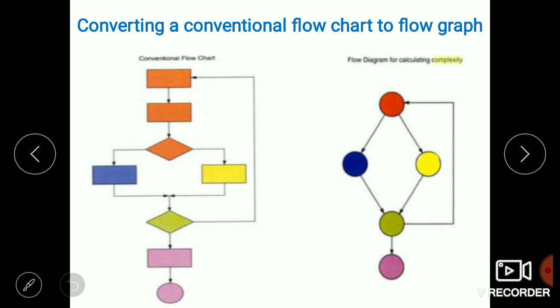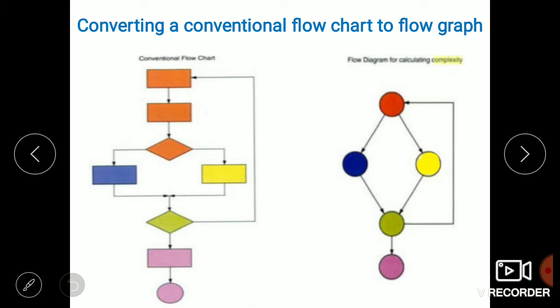See here in the first diagram, the rectangle boxes are the sequential statements, only the rectangle boxes. The next is a conditional statement, shown in orange color in the form of a rhombus, that is a decision point.